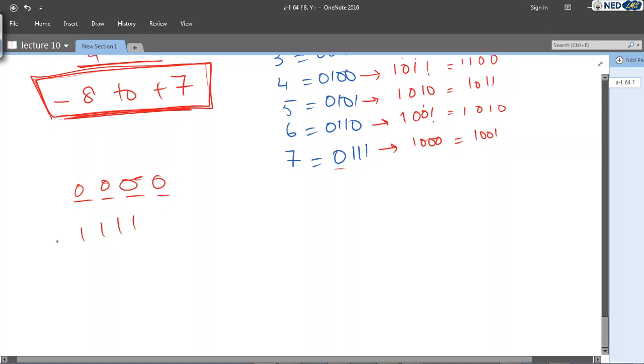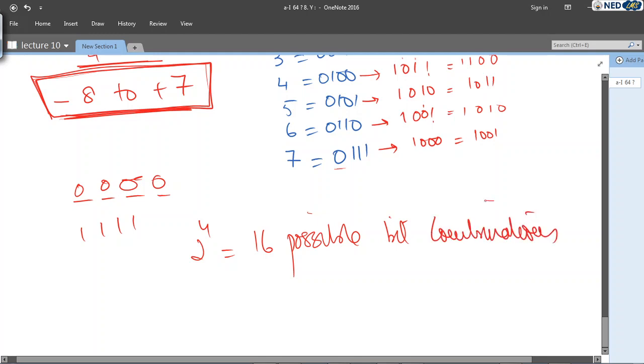the possible combinations going from 0 0 0 0 all the way to 1 1 1 1, not considering what these bit combinations actually represent, the maximum is 2 to the power 4. That would be 16 possible bit combinations. So if n is equal to the number of bits, then for 4 bits that is 2 to the power 4, which is 16,